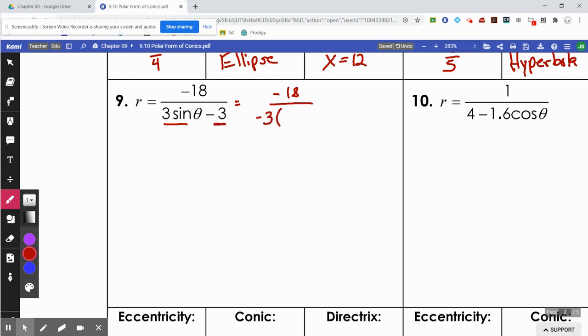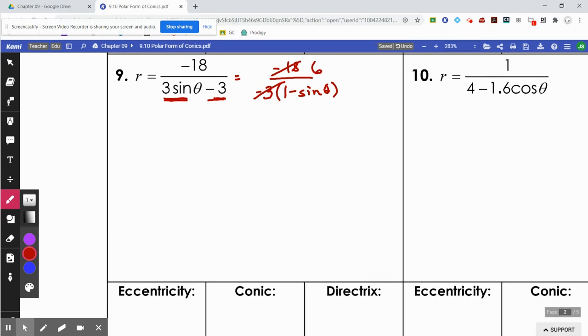Then that turns this into a positive 1, and it turns this into a minus sine theta. It flips them. Reminder, anytime you factor out a negative, it flips your two terms. Reduce this, that to be a 6 and a 1. So you have 6 over 1 minus sine theta,